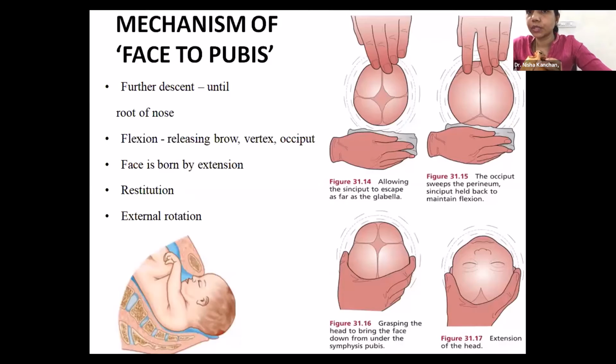I will demonstrate to you with the skull and pelvis. In a LOA position, delivery of the head is by extension. In a face to pubis, when the face is facing the pubis, the nose gets stuck near the pubic symphysis. Delivery is by flexion. Once the occiput gets released, the rest of the face, which is behind the pubic symphysis, has to get released. That will extend and release the face. Next slide.